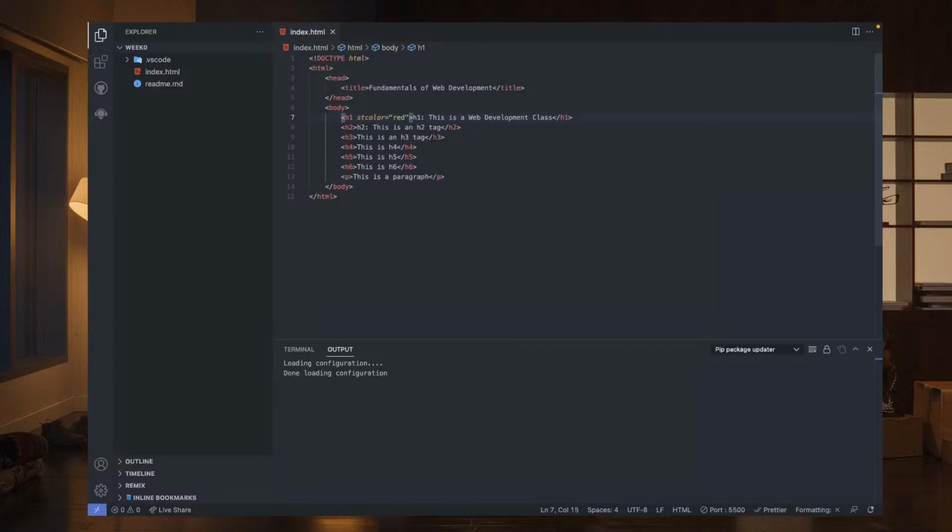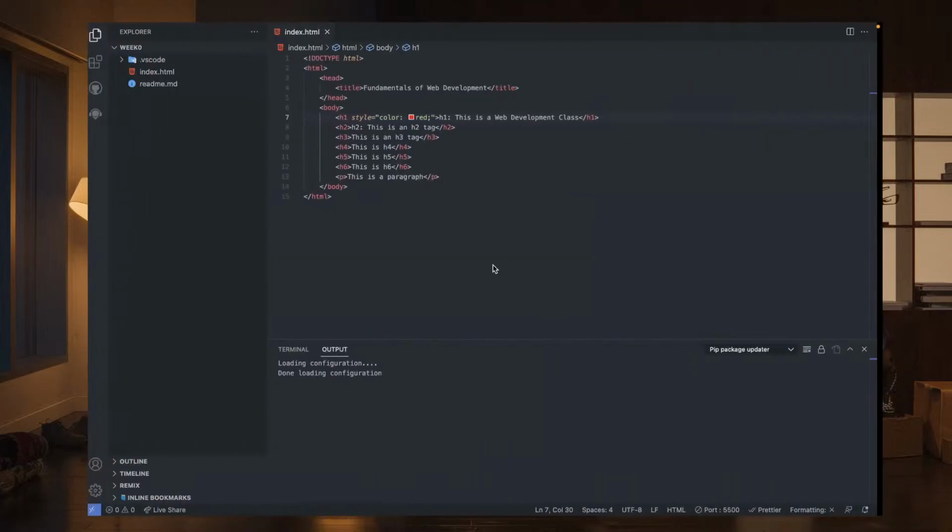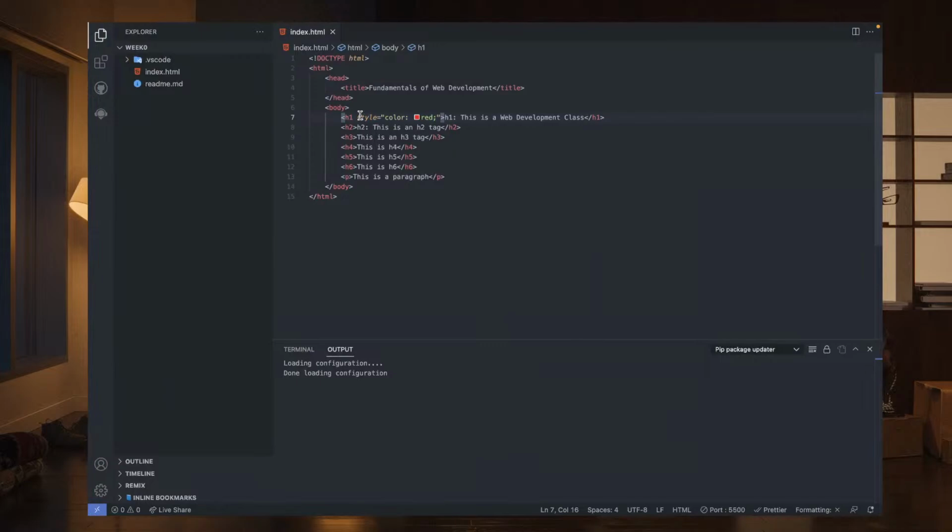Okay, I think we have style, color, red. Yeah, so this should work. So this H1 tag, this style here is an attribute that we are applying to this H1 tag, and we are giving it a value of color red. Now, because I don't want us to make this feel so clumsy,